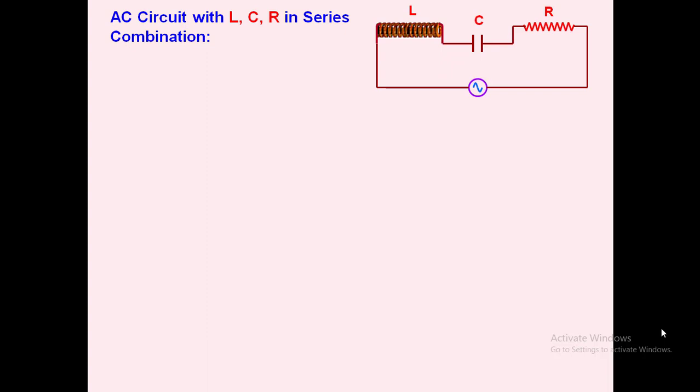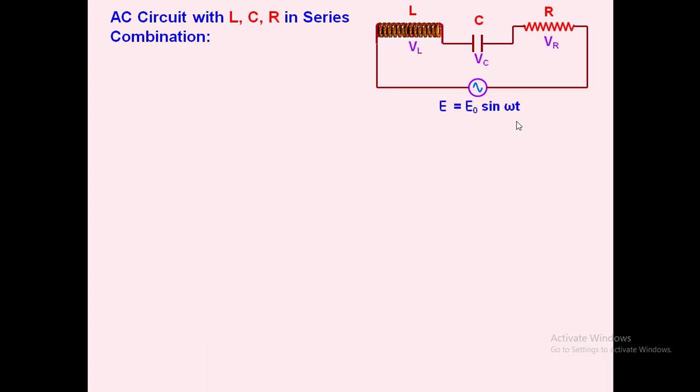So this is nothing but an LCR circuit or LCR series combination. So what happens to the phase difference of EMF and current whenever an AC source having EMF E0 sin omega t is connected across the series combination of LCR? Now here I am going to consider an inductor of inductance L, a capacitor of capacitance C, a resistor having resistance R connected in series with one another with the help of an AC source, that is an alternating source.